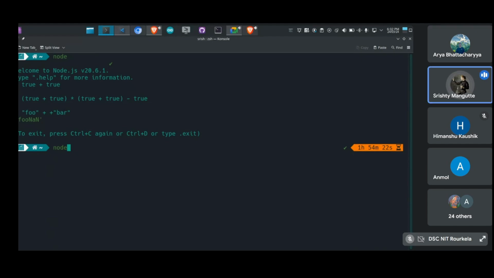If you have installed Node, just open your terminal and say node, then